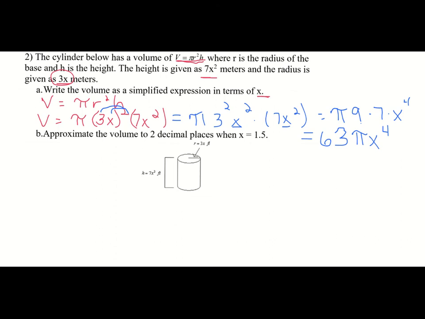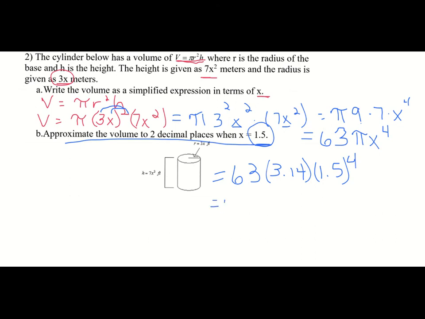Next we're going to approximate the volume to 2 decimal places when x equals 1.5. So we're going to use our formula, and we're going to do 63 times pi, which for pi you can use the pi button on your calculator, or I typically just use 3.14 unless they tell me different. So that's what we know for our equivalent to pi, times 1.5 to the 4th power. Again, exponents first, so I'm going to do 1.5 to the 4th power first. And that's going to give me 63 times 3.14 times 5.0625. I'm going to multiply all 3 of those numbers, so I'm going to take that 5.0625, times it by 3.14 and 63. That's going to give me